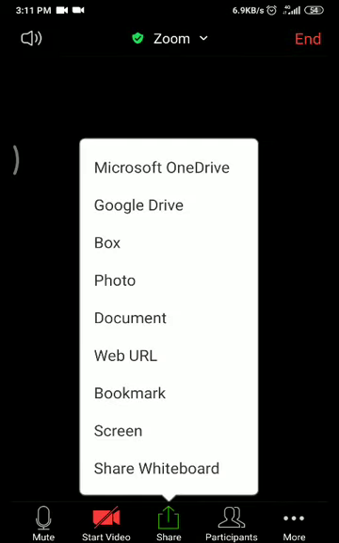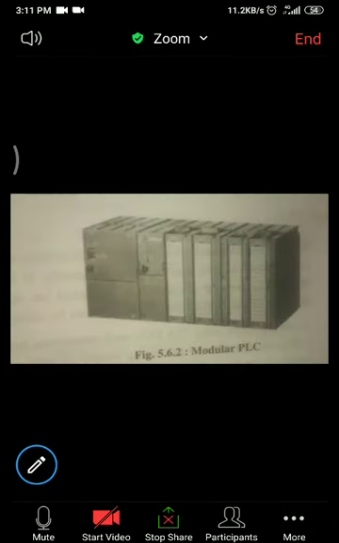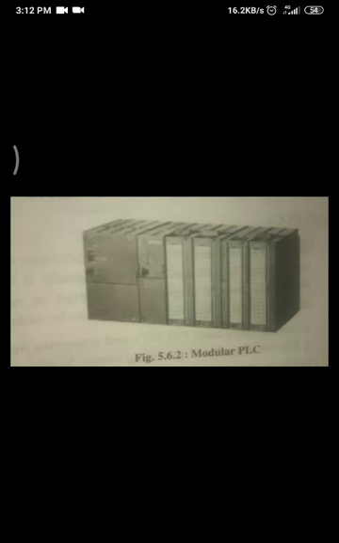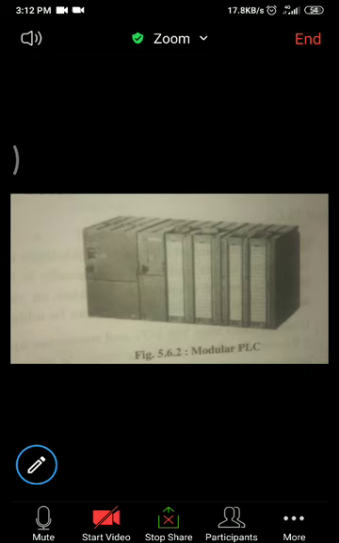So modular PLC, as the name suggests, has different modules. As you can see in the diagram, in the modular PLC many racks or mountings are connected together. You can see single vertical racks, and these vertical racks are connected together to form the entire unit. Now, depending upon the input and output, there are again three types: small PLC, medium PLC, large PLC. Again, the memory capacity of each PLC is different. So this figure shows the modular PLC.